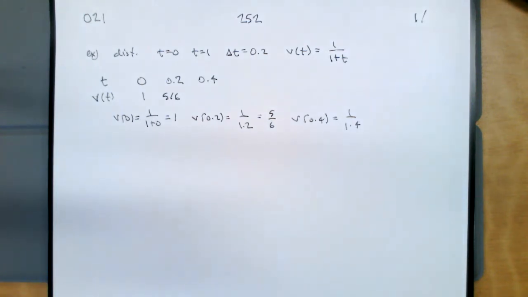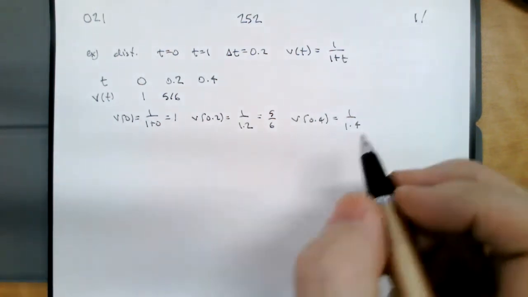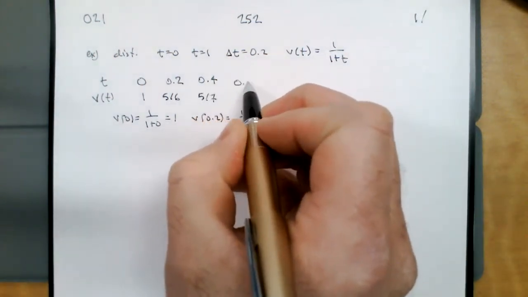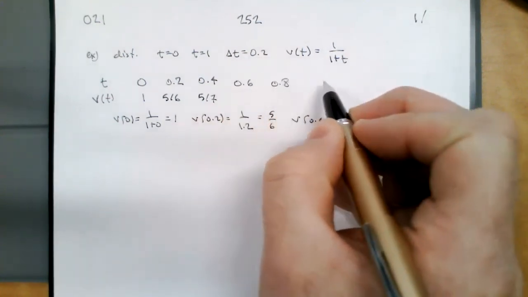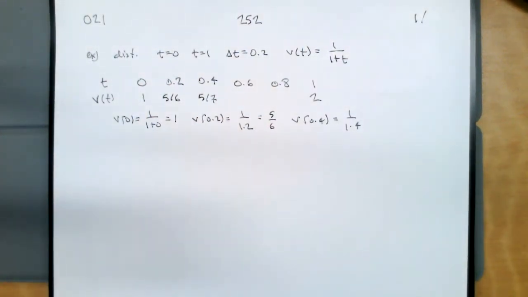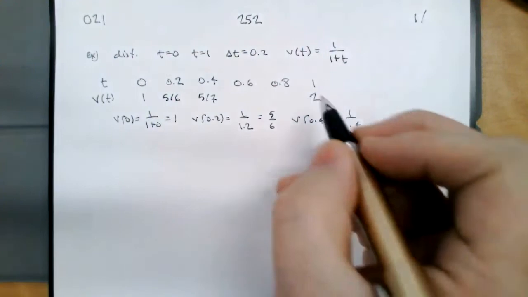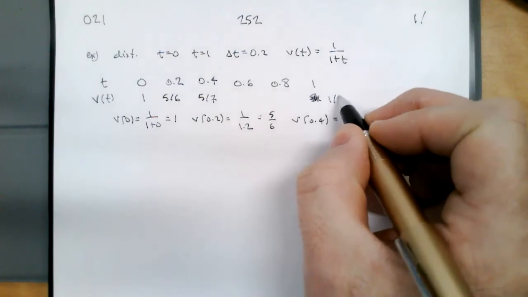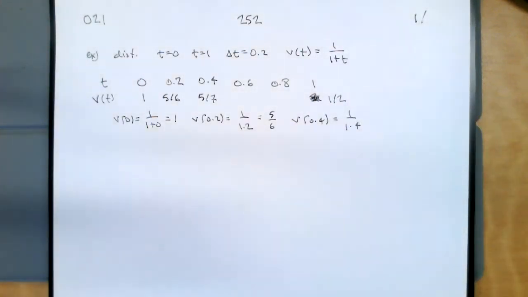So 1 over 1.4, we'll do it as 10 over 14, or 5/7. So just do this for each of the t values. Oops, no, that's going to be 1/2, isn't it? So just do this for each of the t values,